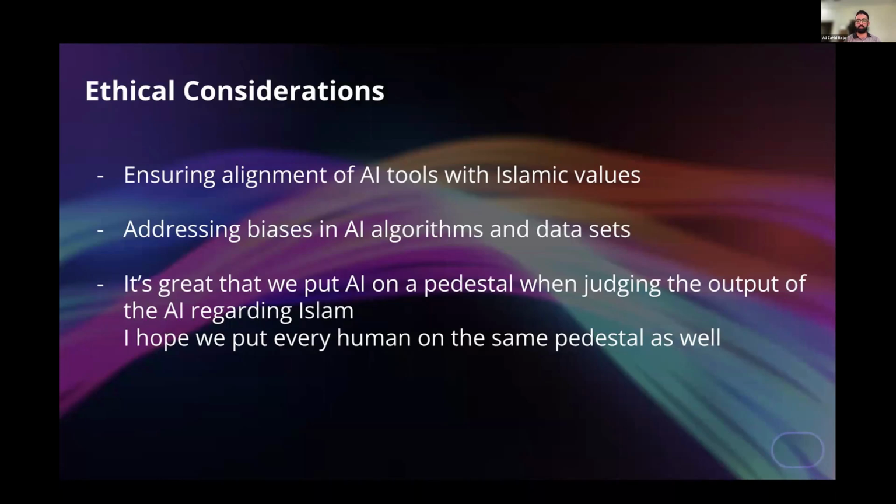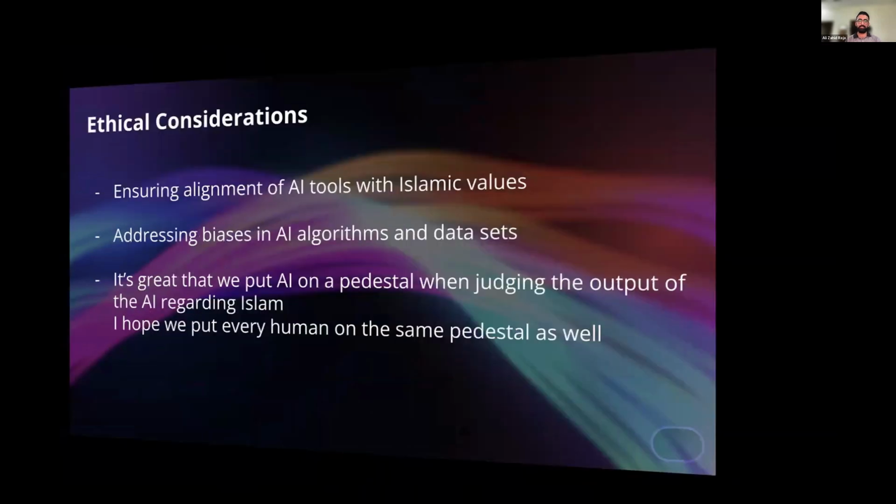Just like yesterday, a brother was saying that an AI model or chatbot for Islam is good as long as it passes a few hundred questions. And he also mentioned that there were Islamic scholars that couldn't score 100 out of 100, right? So there isn't anything that can be 100% accurate, but at least we have to strive for that. We have to use these tools as they are. They are research tools, nothing more, and nothing less than that.